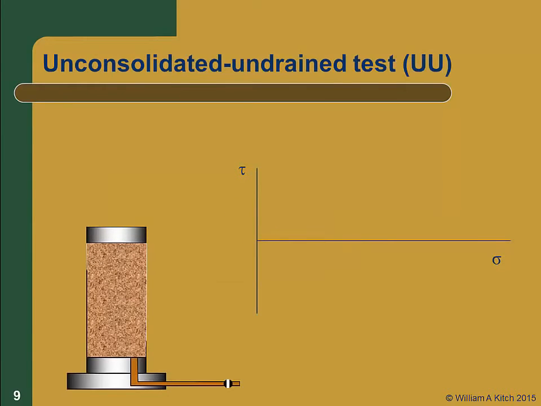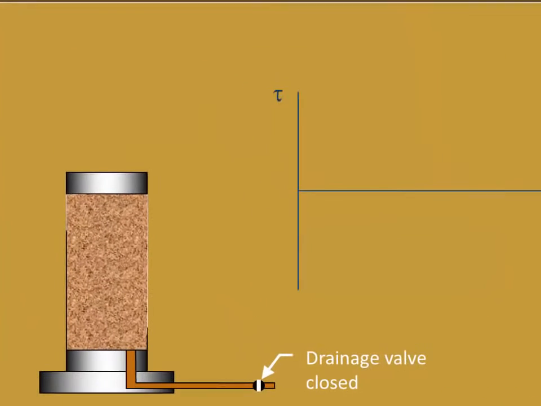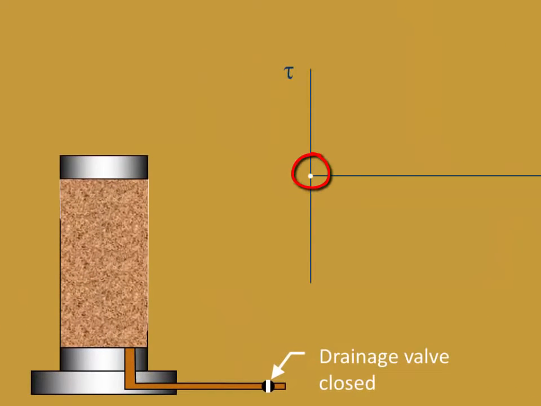The UU test is another total stress test. Like the unconfined compression test, we do not measure pore pressures and do not compute effective stresses. The purpose of the UU test is to determine the undrained shear strength, SU. The drainage valve is closed throughout the UU test. Initially, there is no stress on the specimen, and the Mohr circle appears as a point at the origin of